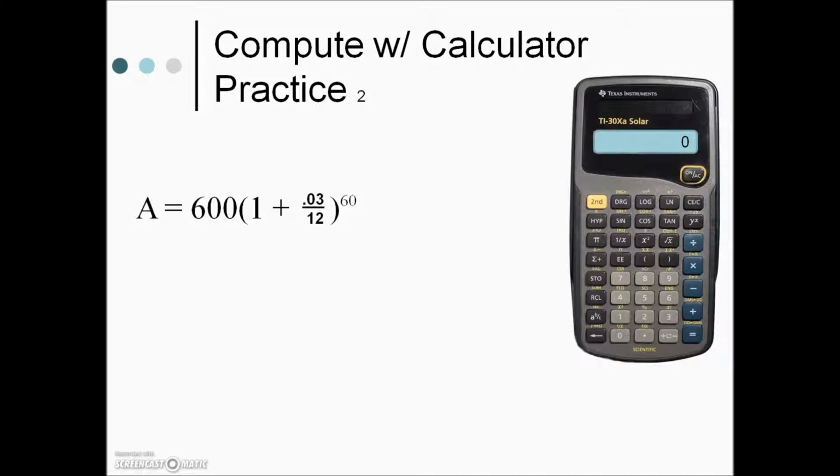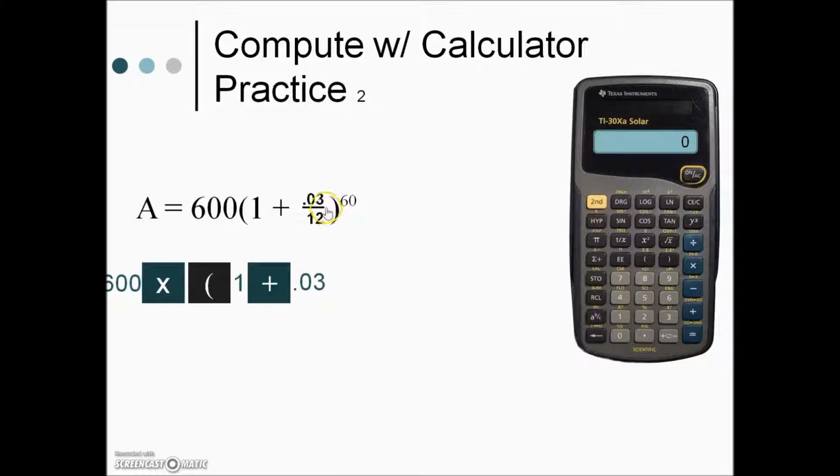We're now ready to enter this into the calculator, and the same steps as in the last one. We start with the first number, 600. It's an implied multiplication, but we're going to be sure that we tell the calculator that it's multiplication. Then enter the parenthesis, 1, plus sign, numerator 0.03, divided by 12, end paren, and this 60 is an exponent, so we need to hit our power key on our calculator